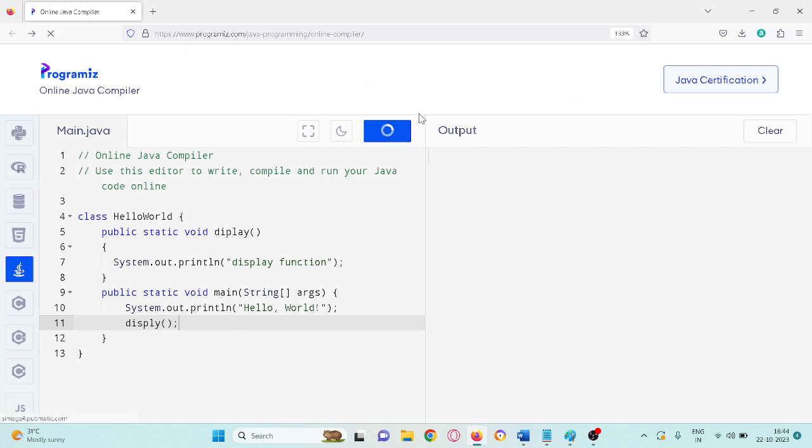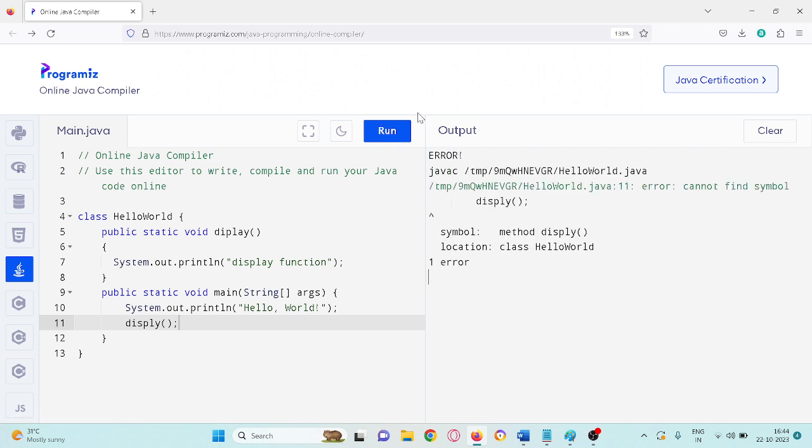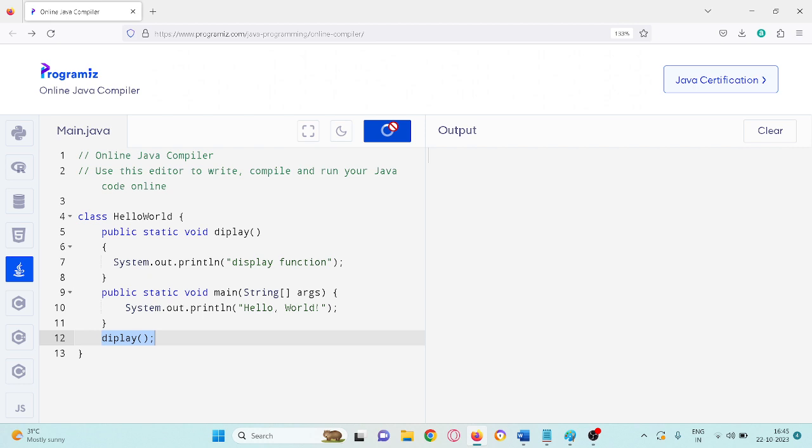Now if you run this program, cannot find symbol, sorry. It is inside public static display. So here I have to call the display method inside main. Main is a method. So I am calling one more method. This is a built-in or predefined or standard library method. This is user defined. Now if you run this program,